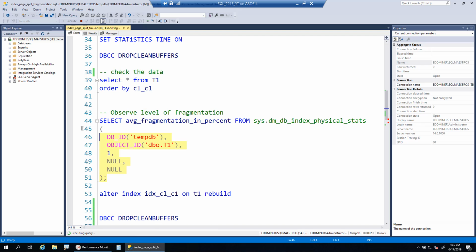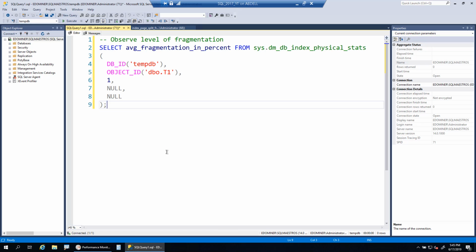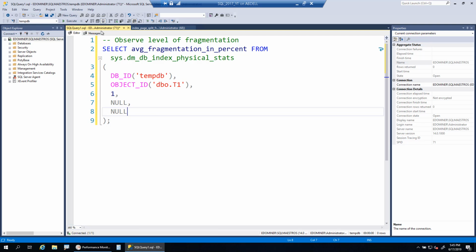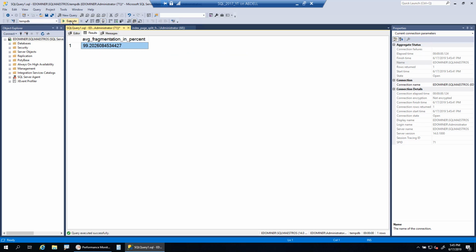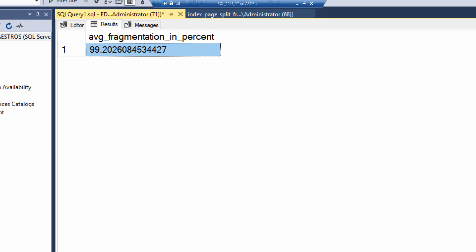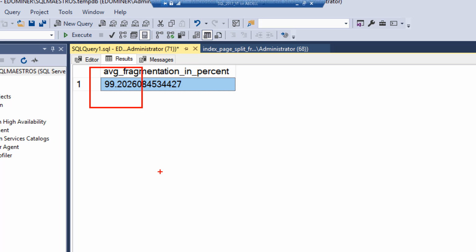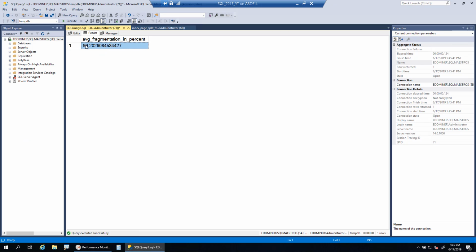And while this is going on, I can actually copy this one and show you in another window what is the fragmentation level right now for this object T1. So if I execute this, you can see the fragmentation is 99%. That's the max you could go. 99 point something. And as I said, this is purposely caused because of having that GUID and creating a clustered